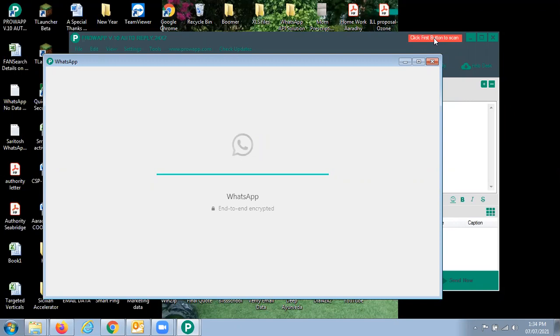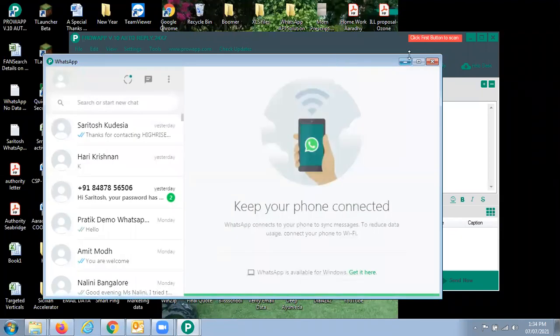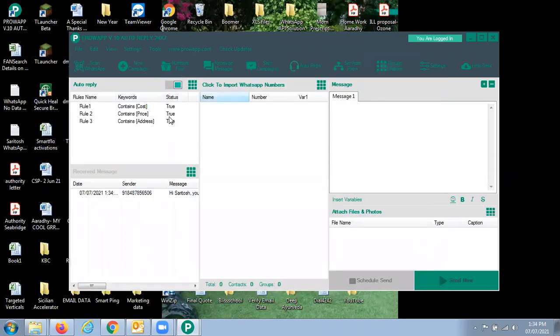Now the second part. You see that it is showing green. I will minimize this screen. Now this is my application. Suppose we have a database of 10,000, 20,000, or 5,000 mobile numbers, in different files in my system. We will club all these databases together and make one database first. The most important part is that not every number is on WhatsApp, so first we need to verify whether these numbers are on WhatsApp or not.